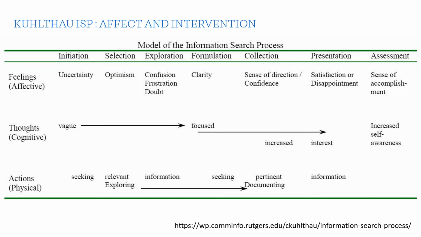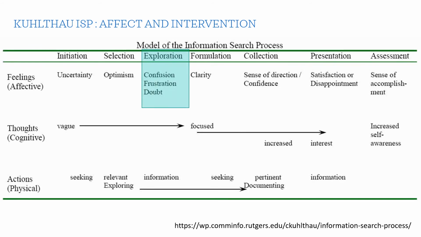Part of Kuhlthau's focus on students and its unique approach is about anticipating the affective state of students in the process, that is, how they'll feel about research, and places where the intervention of a librarian can be most helpful. Reading Kirsten Dugan's articles, we can see some of the places where the actual searching tools and activities involved in the student's information search process can cause frustration and pessimism about the process. Areas with the most frustration are important zones of intervention, where help from a librarian can be most useful.